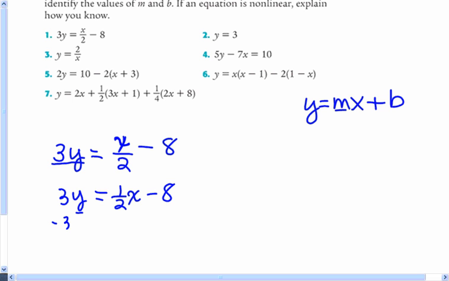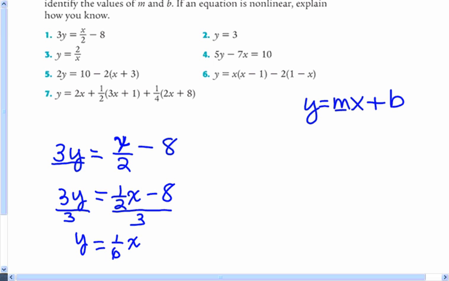Like some of you might think subtract 3y, but if I do that, then I get 0, and the y is gone. I don't want that. I really want 1y. And the way we get 1y is dividing by 3, because 3 divided by 3 is 1y. But as you recall from learning about the properties of equality, if you divide one side of an equation by 3, then you have to divide the other side of the equation by 3. All right, and so we have 1/2 divided by 3. 1/2 divided by 3 is 1/6